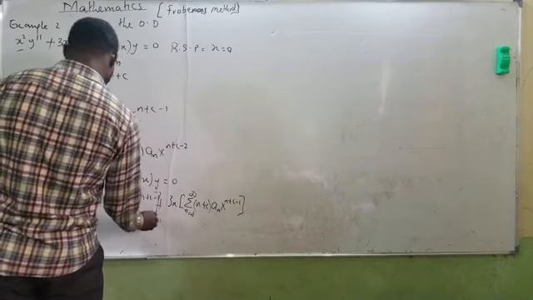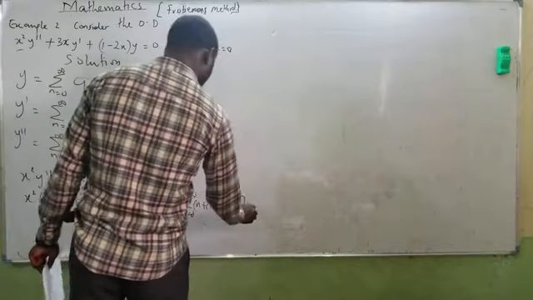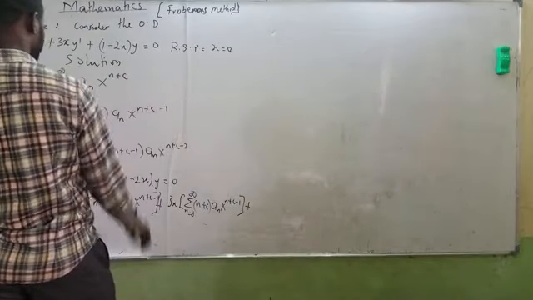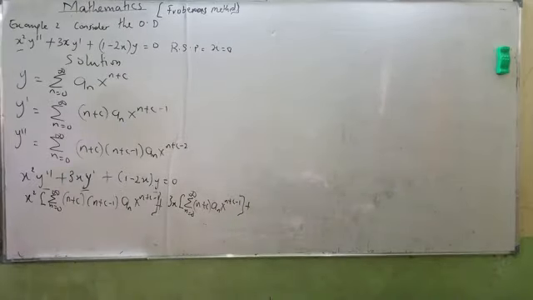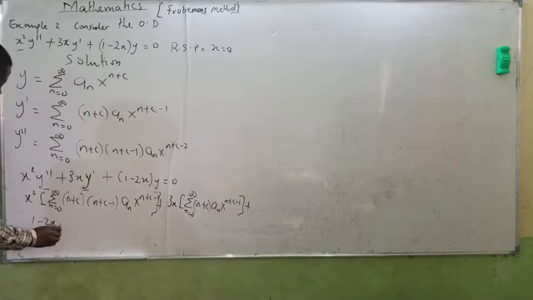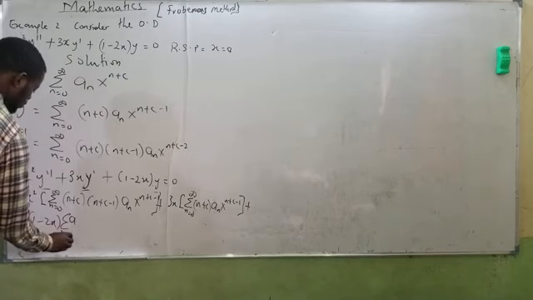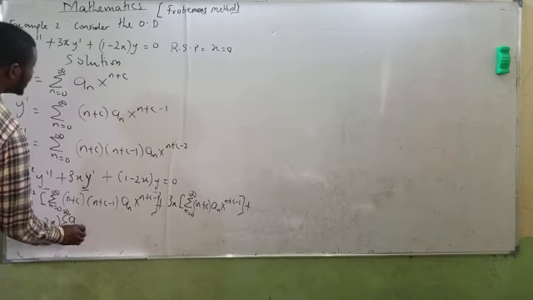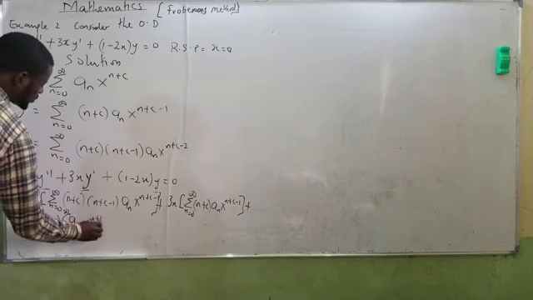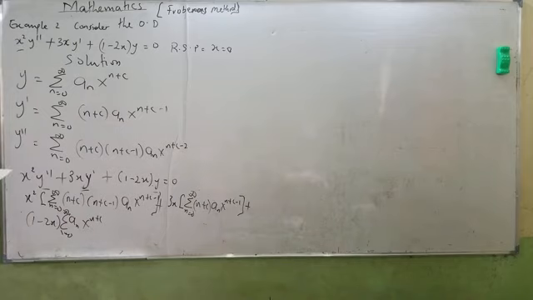It's good to close the brackets. Plus the last part, which is (1 plus 2x) times y. My y is given as the sum from n equals 0 to infinity of a_n x^(n+c). I think there's no problem. Now, since I have that,